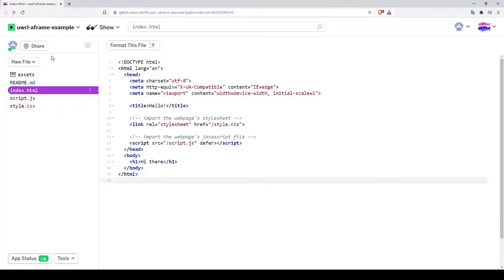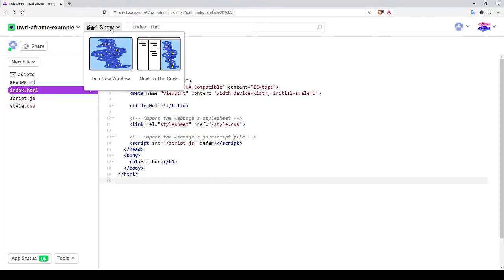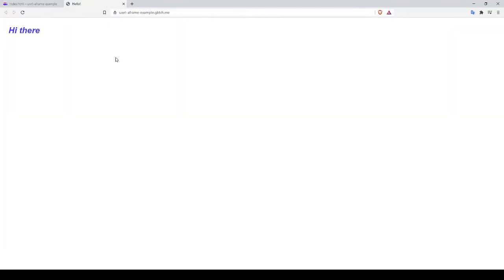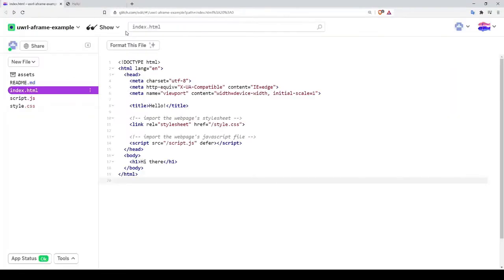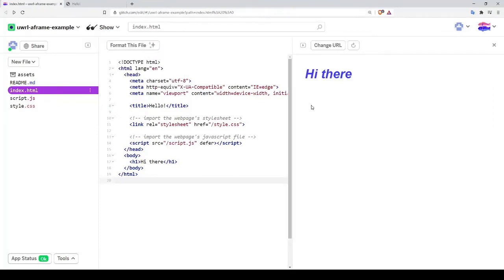You also see the different files associated with the project here, and most importantly, you have the Show option up here at the top, from which you can either open a new tab to preview your project, your actual deployed website, or you can see it next to the code in the same window and see it update in real time. So glitch.com will take your edits and it will redeploy the website every time you make any edits to